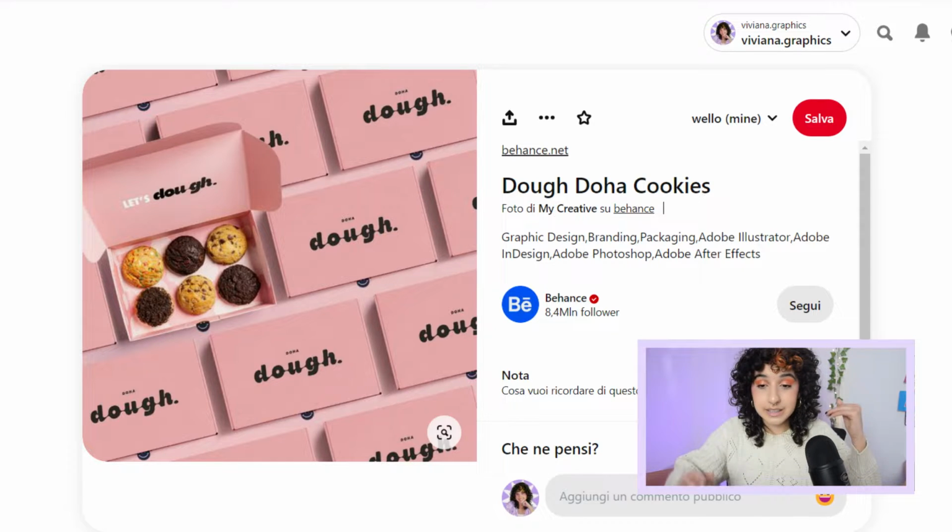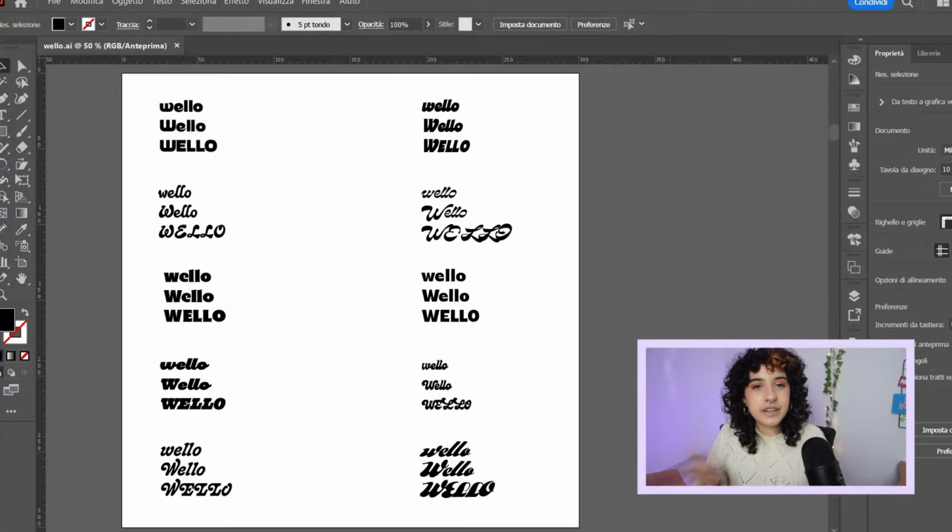And this example too, this is even thinner, but you can definitely get that idea. So with that in mind, I chose some fonts, and let's jump on Adobe Illustrator and actually start working on this. As you can see, there are a few fonts that I've picked out for this brand, and they look